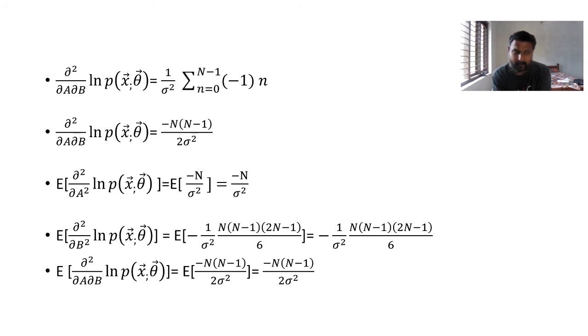We have to take the Fisher information, that is I of theta, which is nothing but minus expectation of all these things. So minus expectation of dou square by dou a square ln of p of x of theta, which becomes equal to minus of minus n by sigma square, which is nothing but n by sigma square. So all the minus terms will be gone here. We have to take only the positive, because minus and minus will be positive.